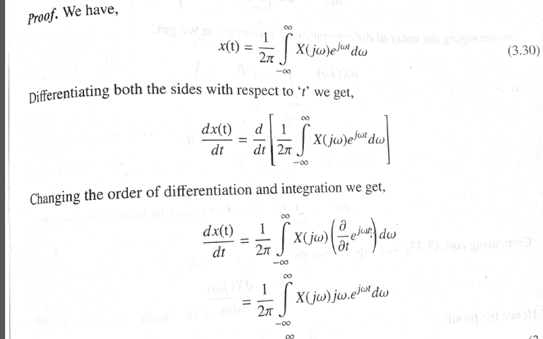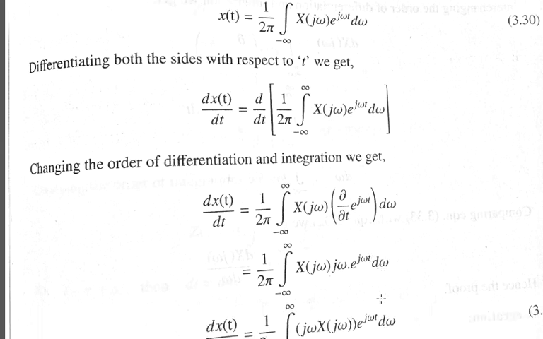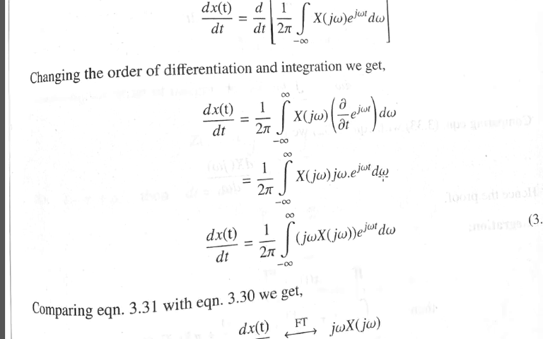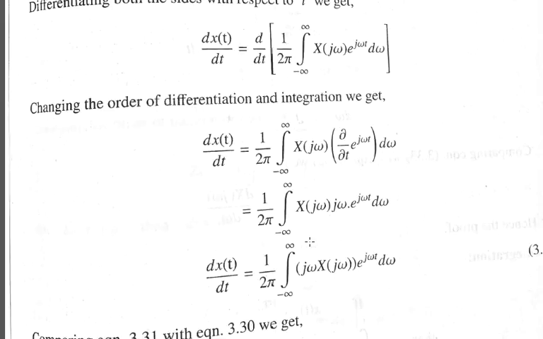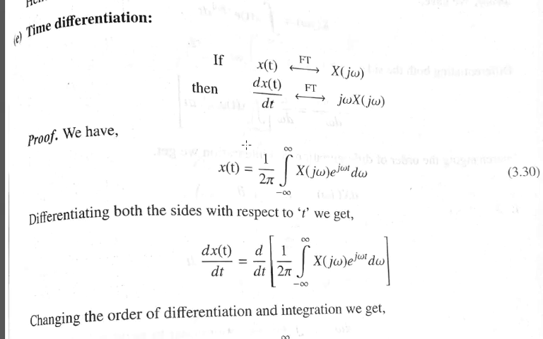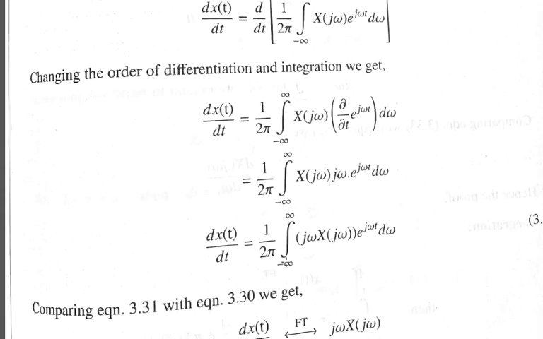We know ∂/∂t of e^(jωt) is jω e^(jωt) dω. When we rearrange these terms, we get 1/2π integration from minus infinity to plus infinity of X(jω) e^(jωt) dω, with jω written here. So it is nothing but the same one, which we were supposed to get: it is jω into X(jω), and this term X(jω) is equal to,